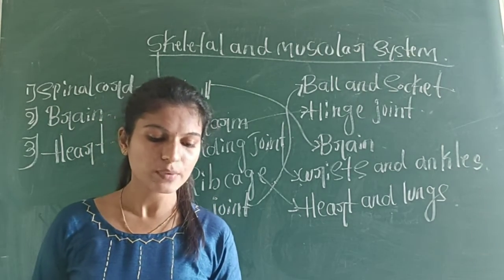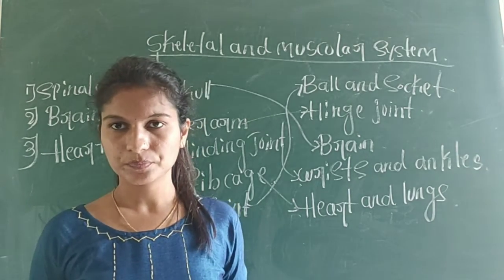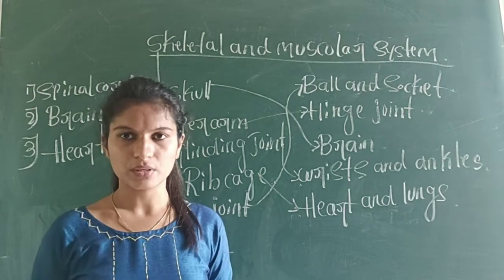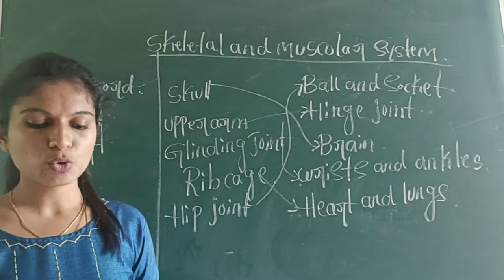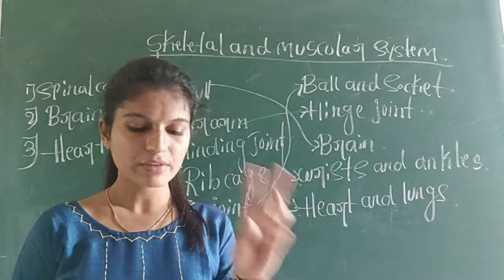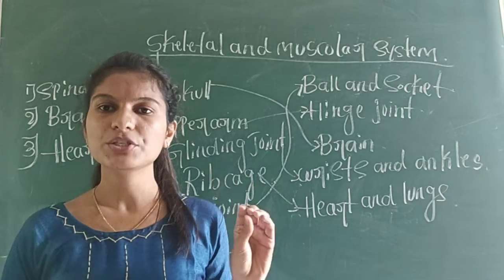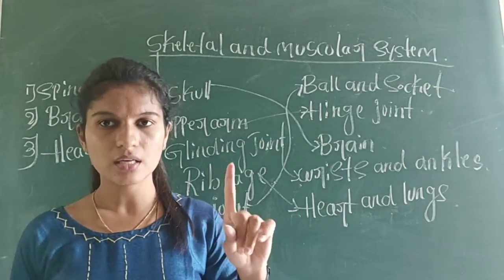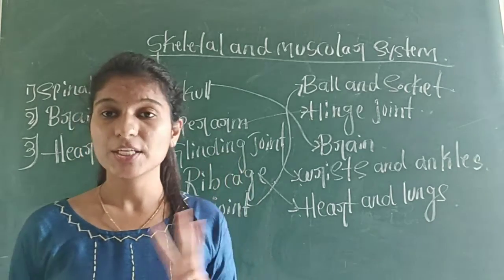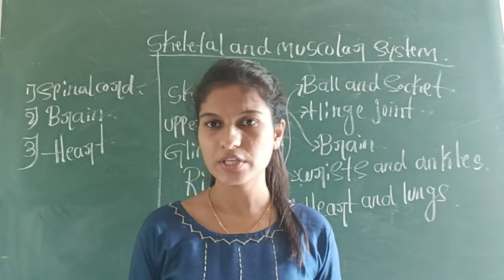What is the first question? How is the skeleton useful? You have to write the uses of skeleton which are there in your chapter. Okay. Next question is, what do you know about the following? Write 2 sentences on each. So they have given 3 parts about which you have to write at least 2 sentences. You have to write about skull, spine and joint. And the third question is, what are tendons? You have to write the definition.